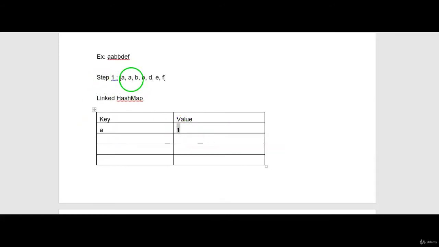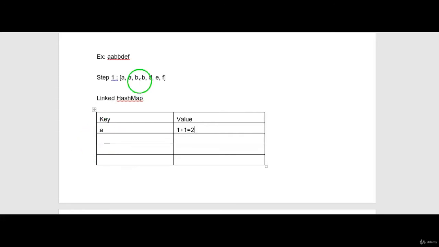Now in the second iteration, it will check in this map whether we already have A or not. Since A is already present, I'll get the value of A and increment it by 1. When I say get of A, I'll get 1. After that I'll increment the value, so now the value of A will be 2.